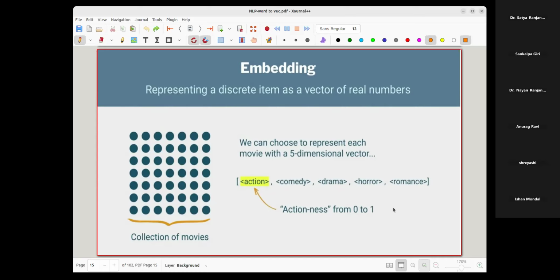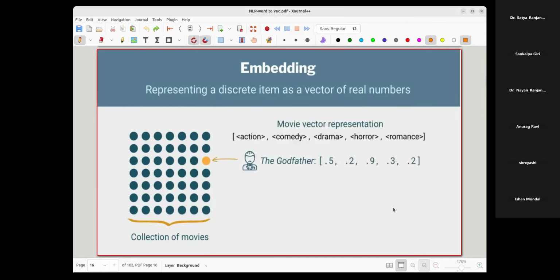That means it is not limited. You can put any real number. Similarly, let's say the movie is The Godfather. If I want to represent The Godfather as a vector of length five, then the action is